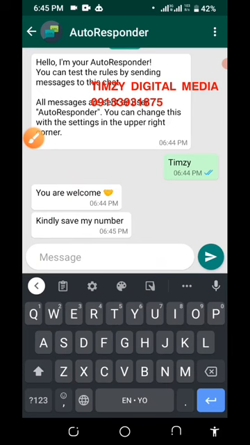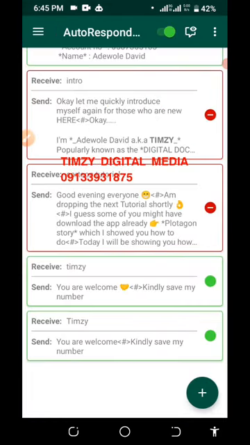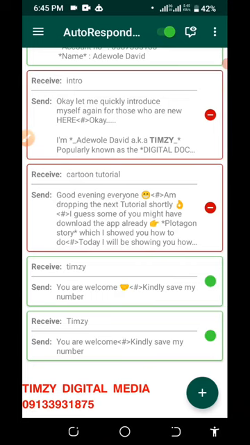Okay, so sometimes, let me quickly say this, your autoresponder might be inactive. Even if you use this menu here to activate it, it's not going to work sometimes, even after 24 hours or due to some things. So to activate it back and get it working again,